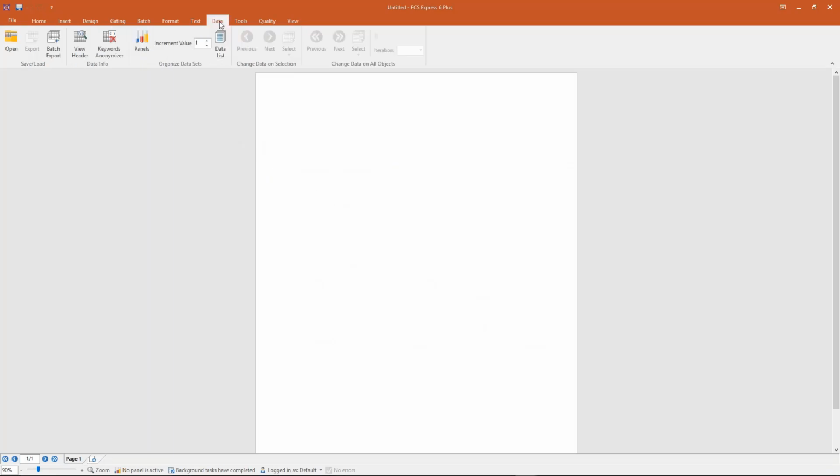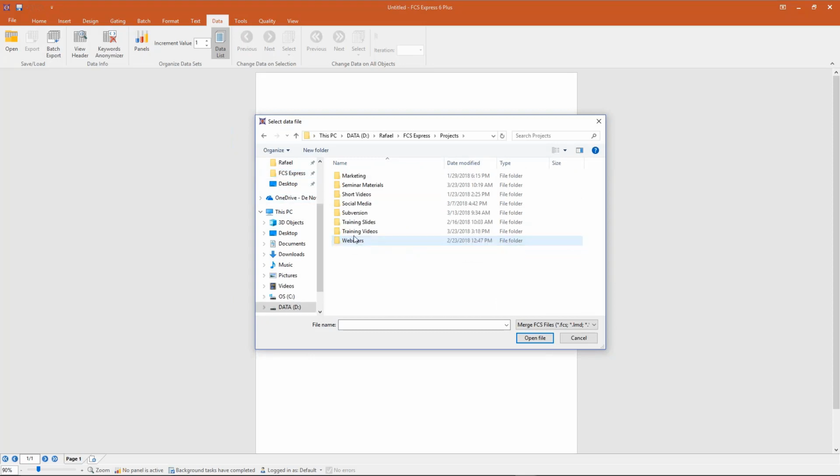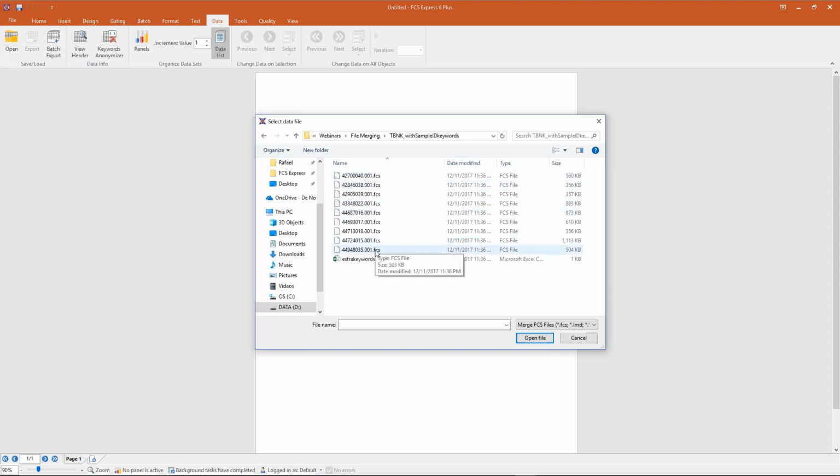So I'll go to my data tab here, and I will open up my data list. And the first thing we'll need to do is merge our files. So I'll go and add some data files to this analysis here. So I'm just going to navigate to where my files are, and they're going to be in this folder here. And you'll see that I have multiple FCS files here. And what we're going to do is select the new Merge FCS Files option to merge these